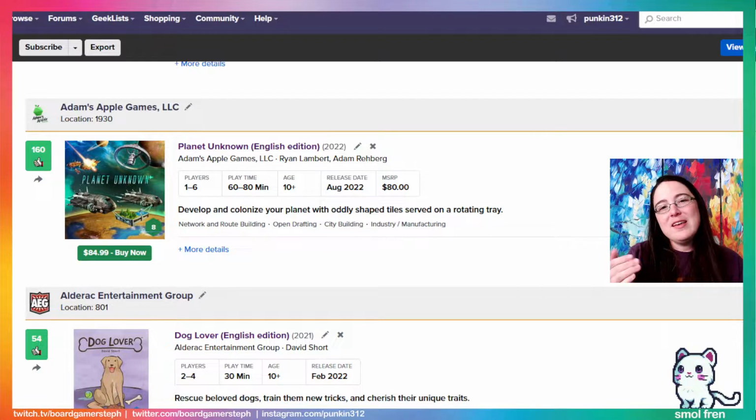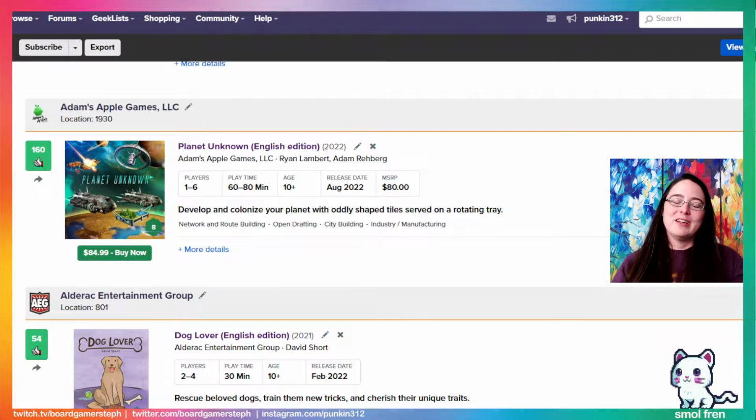So there is player interaction in that way, but generally you're working on building up your planet with different terrains and stuff, cleaning up your planet, and it's great. I love the different tracks. I mean, this game is super solid, and